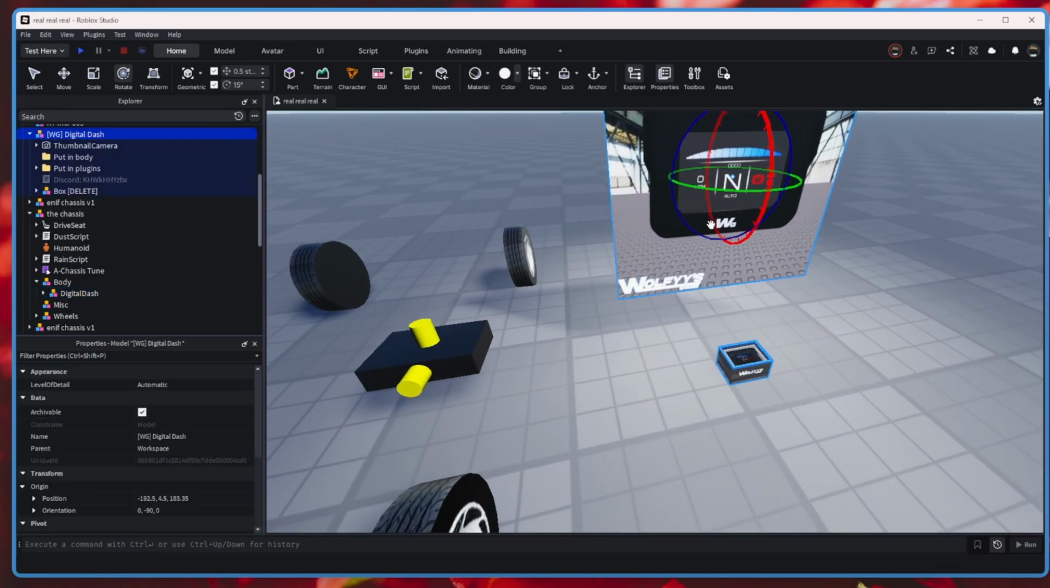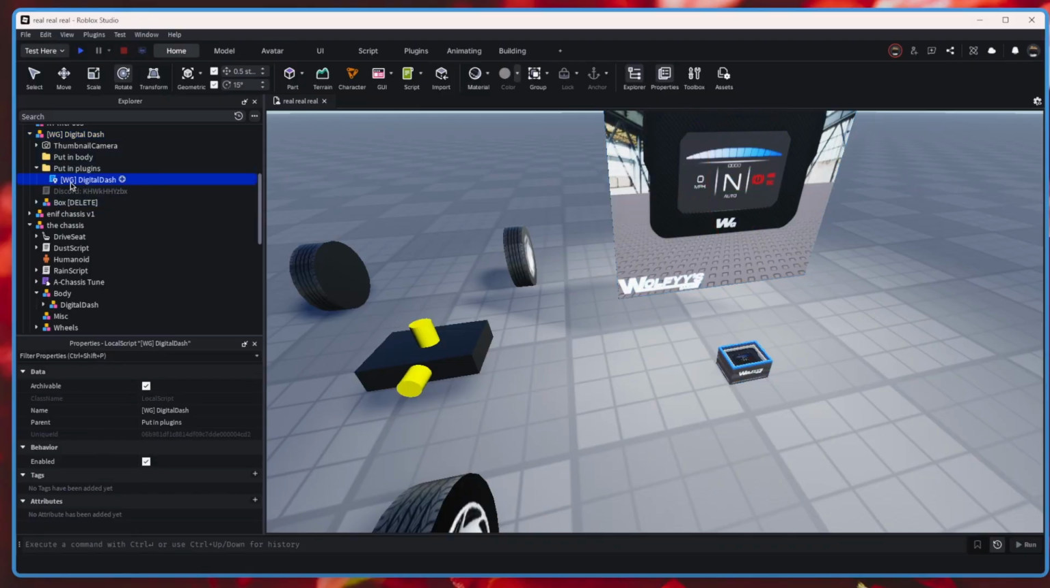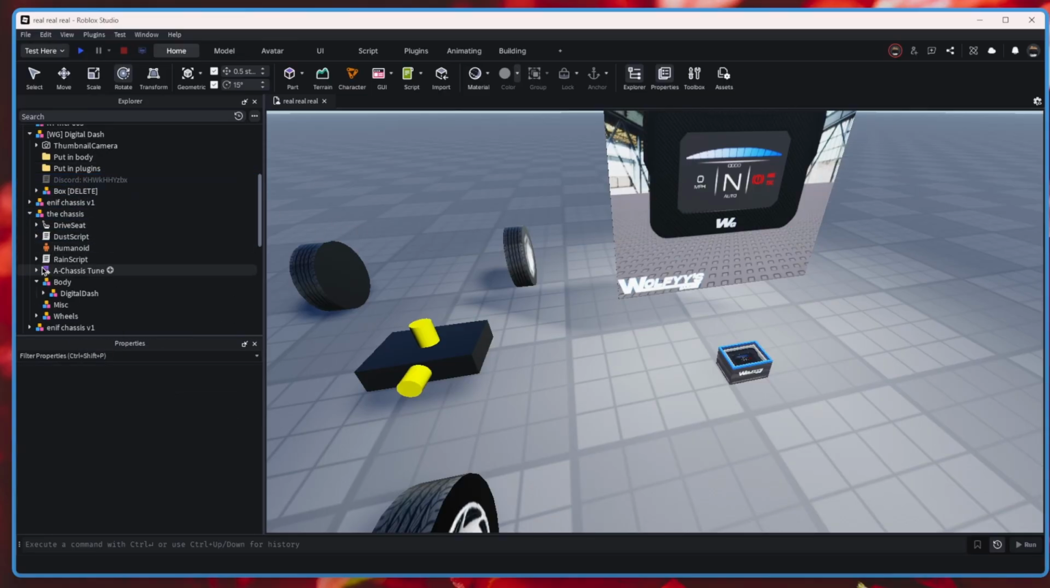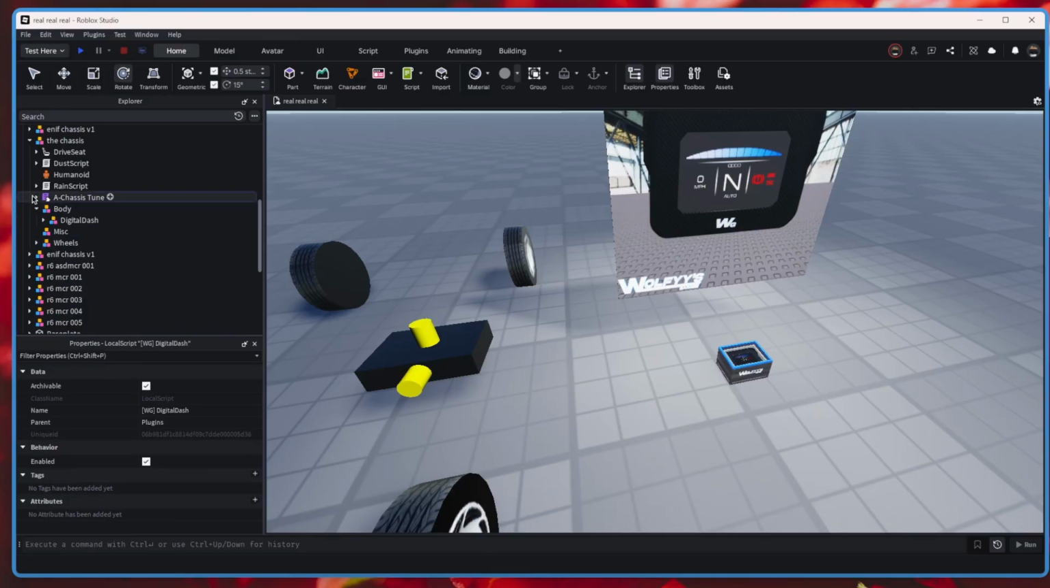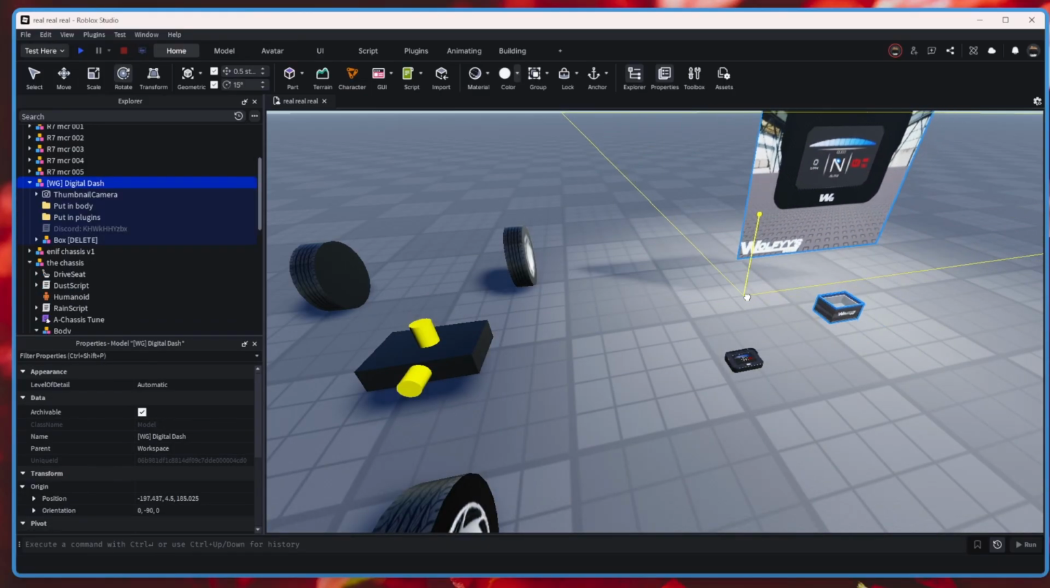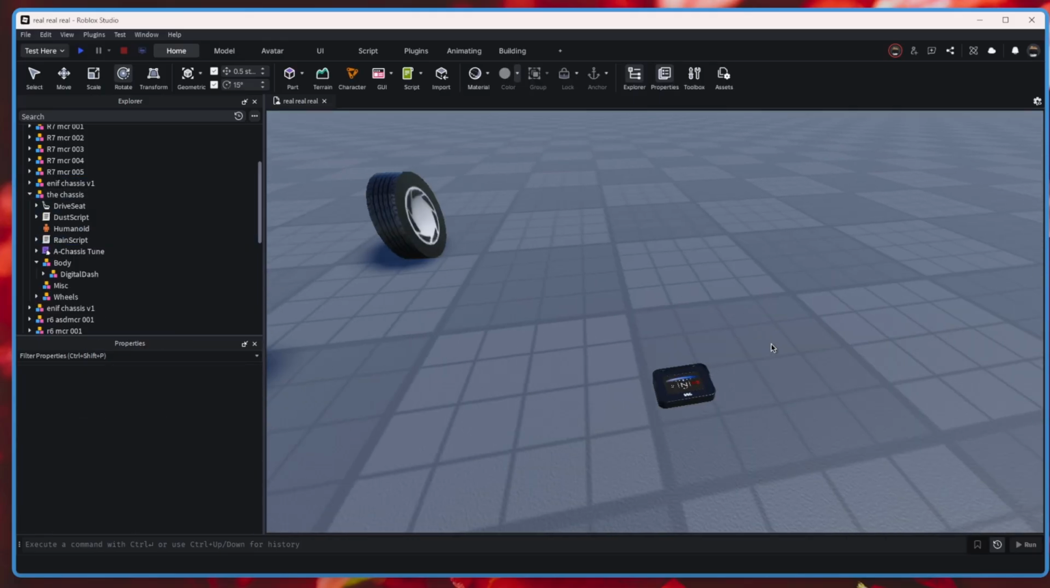And then you go to the digital dash model again and find the script which is called WG digital dash, and then you just cut it and paste it inside plugins. Yeah, right here. Now you're all set. You can delete this, and then